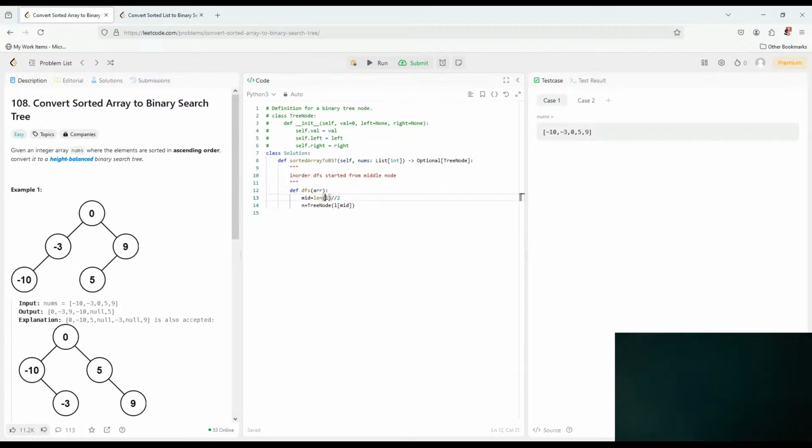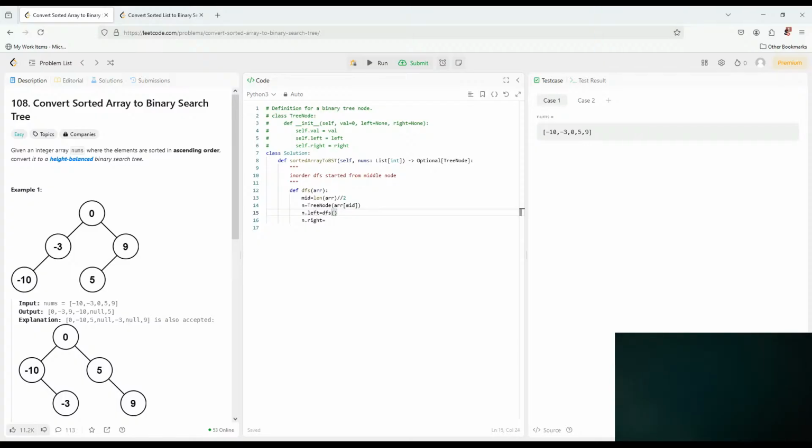It will be better because it's an array, right? So we create array mid, and then the right value will be, is it right or is it left? So everything that's on the right side, everything that's on the left side will be